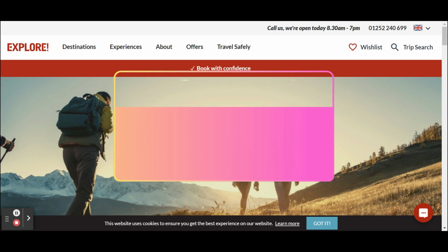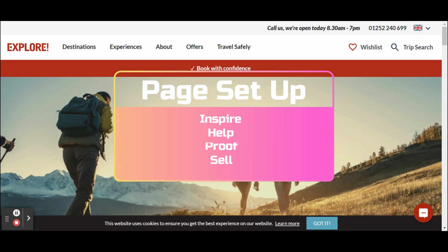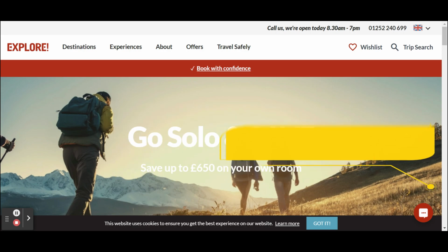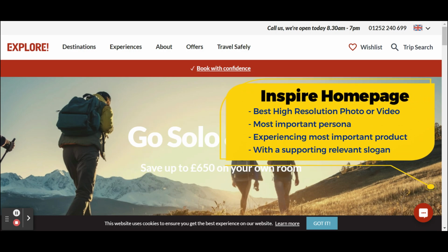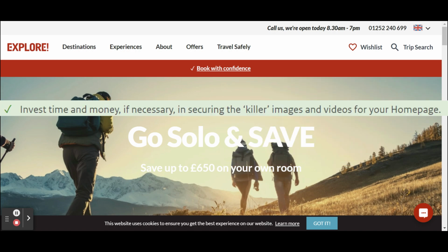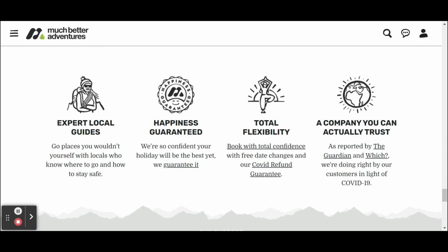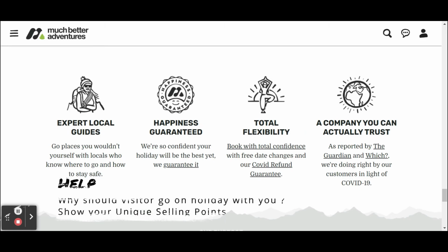come back. Inspire, help, prove, and sell. So we start with inspiring, and explore.co.uk is doing it very nicely. Beautiful photo, your most important persona, selling your most important product with a message that supports that. Go solo and save. Then you want to show your customers, your main personas, why they should do business with